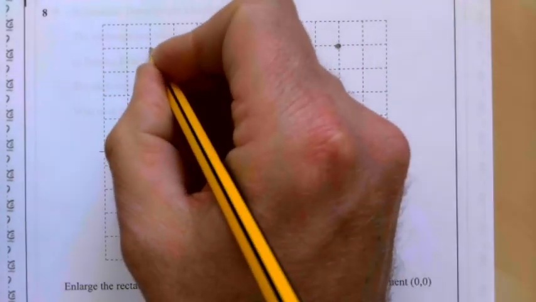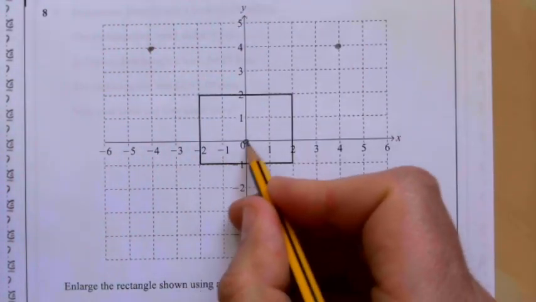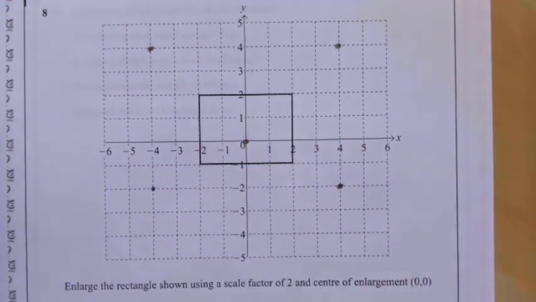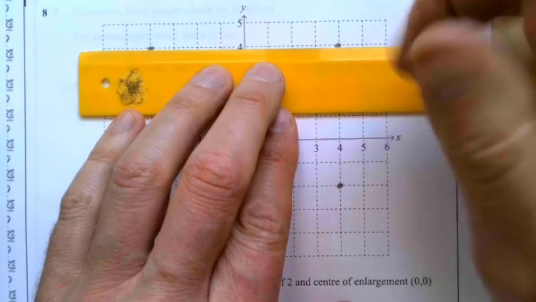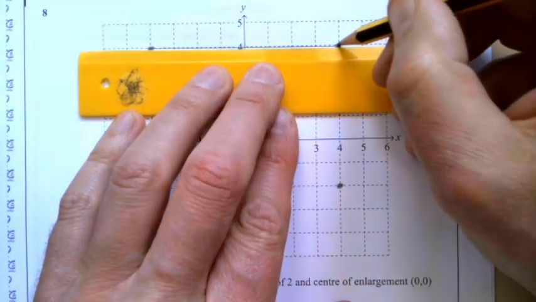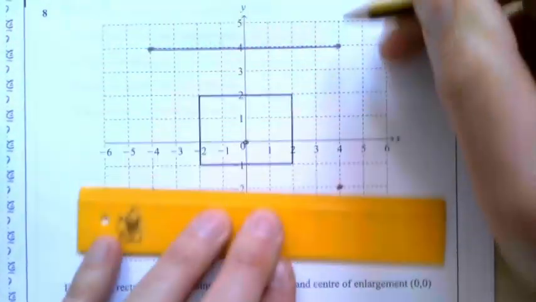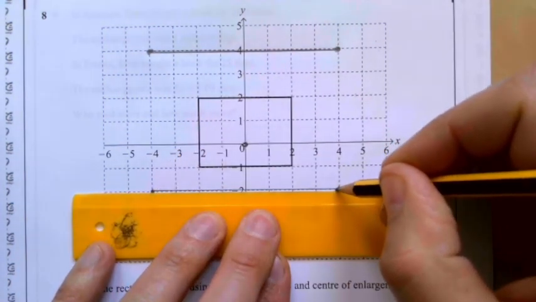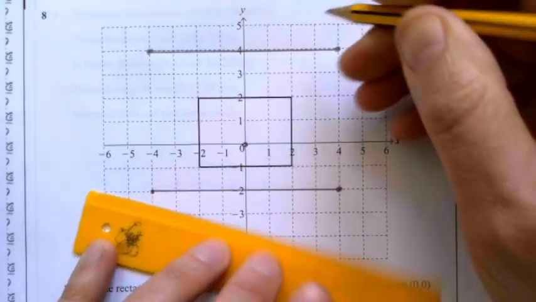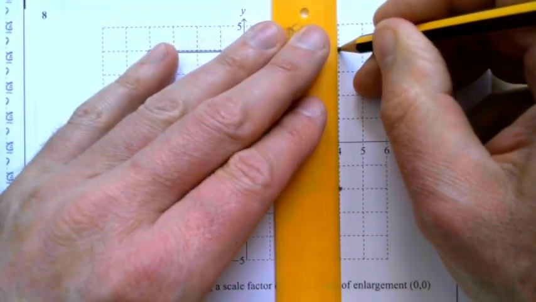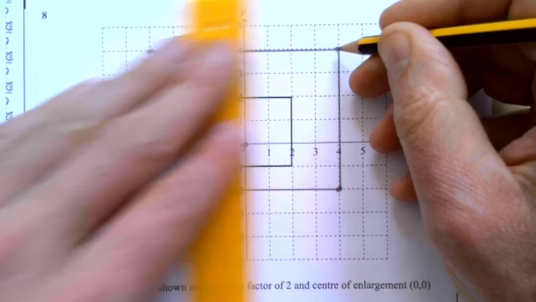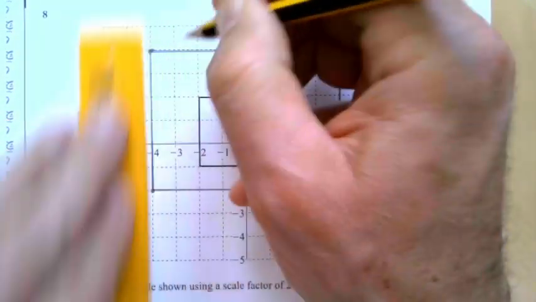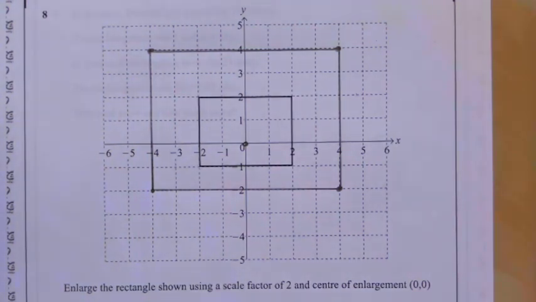Same again, 4 and 4 here, and then 2 across down 1, 4 across down 2. Nice thick lines so that you can see them. And that's all scale factor